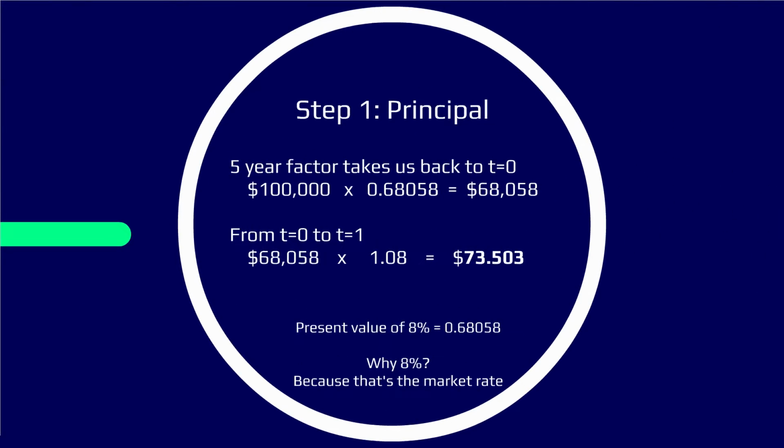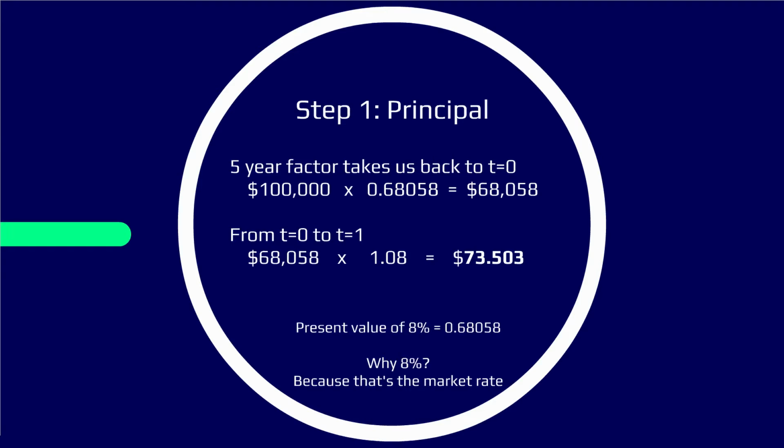First, let's start with the principal. Let's use the 5-year factor that they gave us times $100,000, and now we have the value of the principal at time t equals 0, which is $68,058. But we need it at t equals 1. So we're going to have to remove one of the factors by multiplying that times 1.08, which gives us